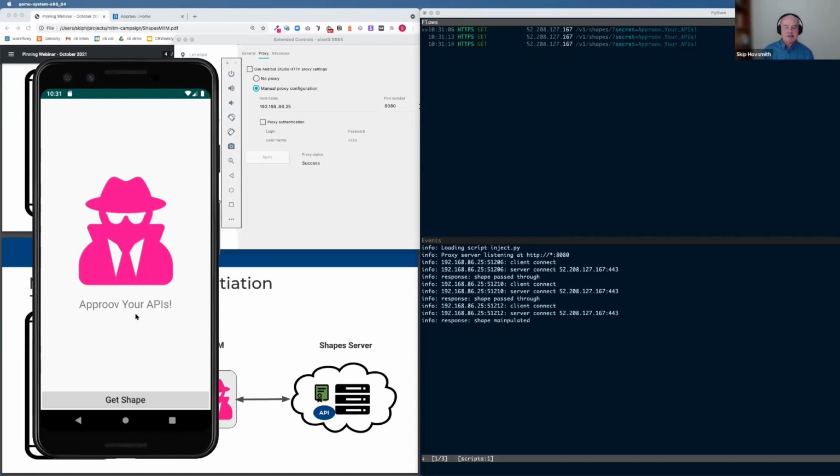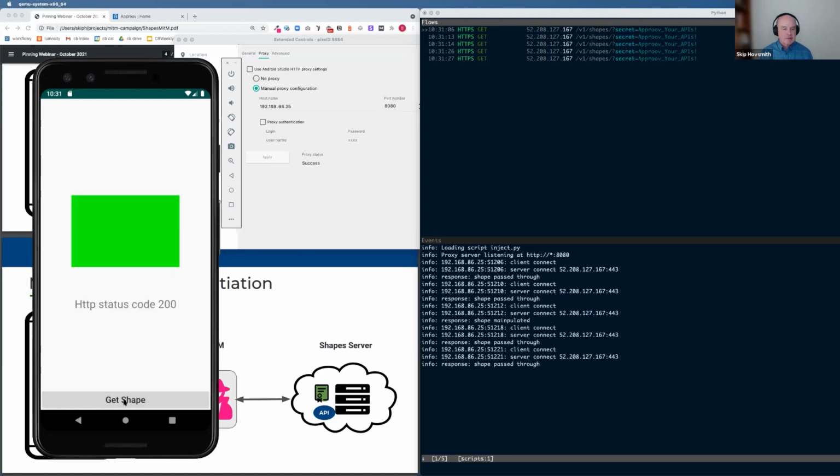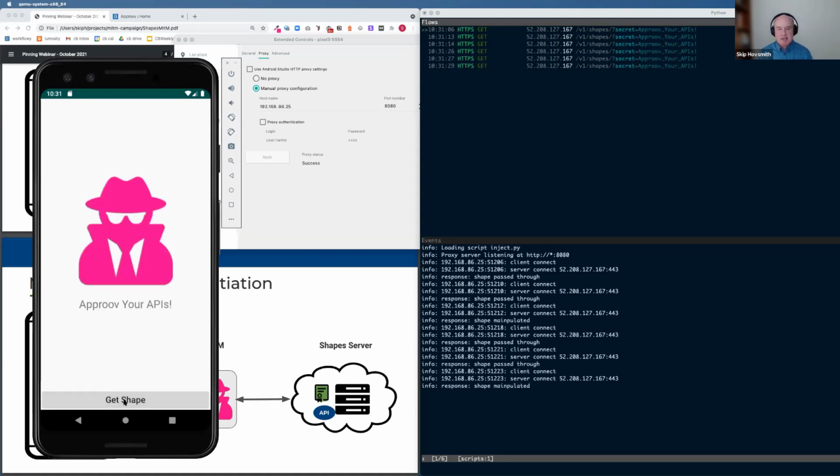And we're reflecting your secret here that you sent to us. So again, one, let go through. So this is sort of emulating a low-level attack where I don't want to intercept everything, but I want to manipulate things periodically. So what do you do about this? Well, obviously what we want you to do is pinning.